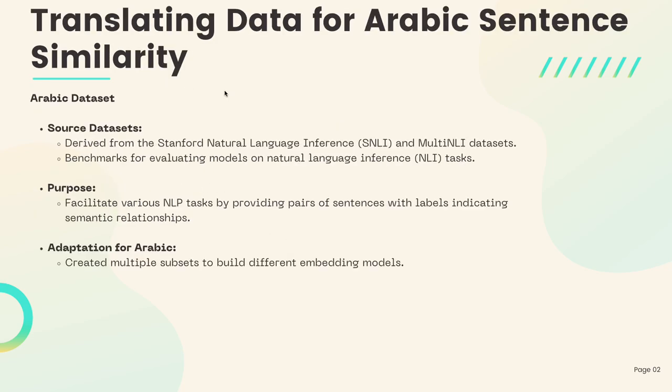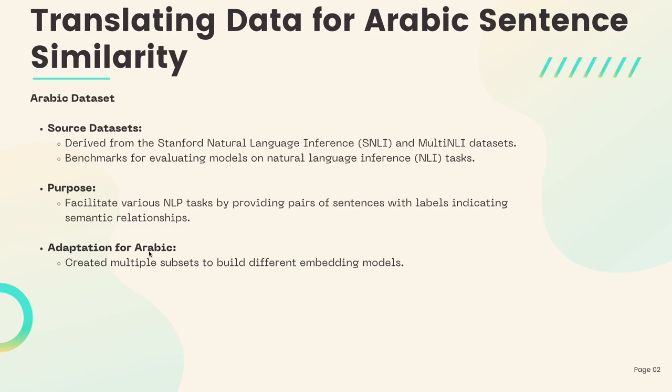The first step in my project is to translate the data for Arabic sentence similarity. The source of these datasets is the Stanford Natural Language Inference dataset, called SNLI, and also the multi-NLI dataset, and they are available on Hugging Face, of course, in English. They are benchmarks for evaluating models on NLI tasks, and we also use them for various NLP tasks, providing pairs of sentences with their labels, class or score,